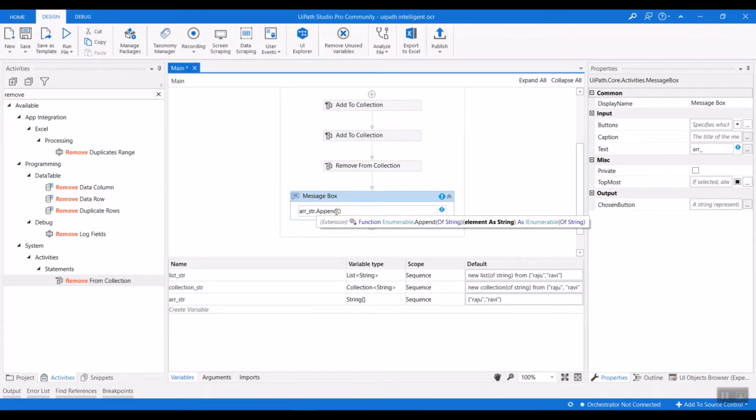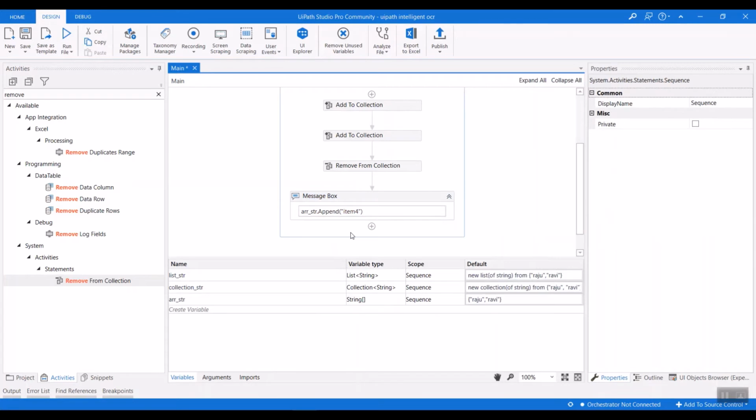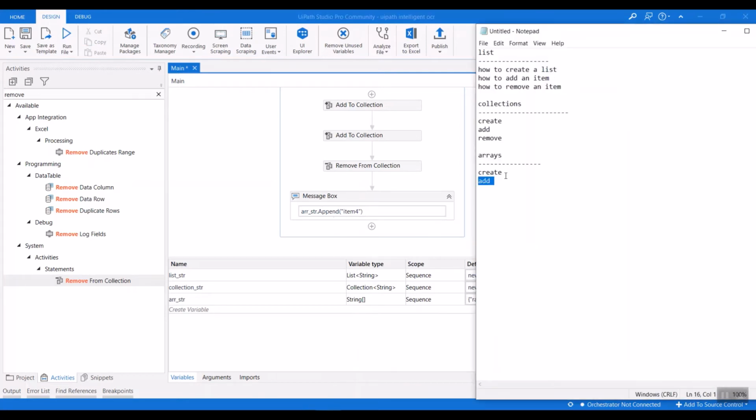It's the same, element as string. So give whatever the element you want to add, maybe item 4. So it will add the item to the array. Fine. So this is how you can create and add any element in the array. So this is all about collection, list and arrays. Thank you guys.